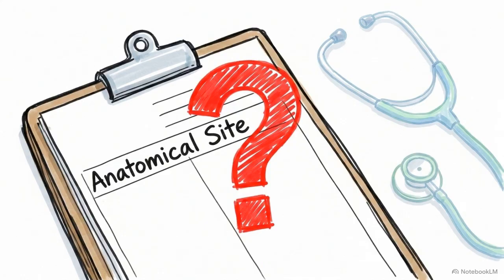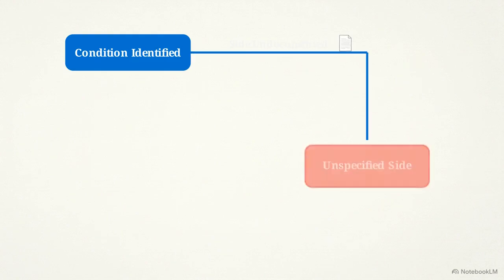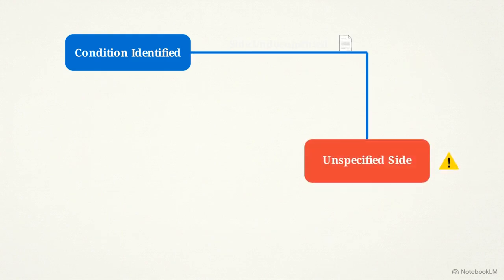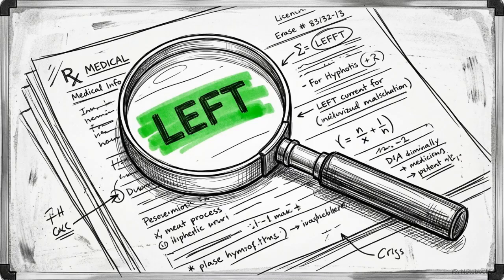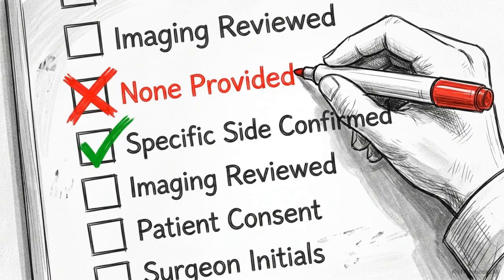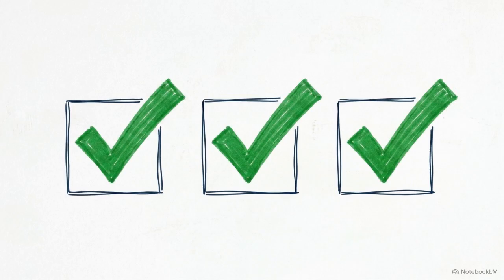The matrix also accounts for the opposite problem. What happens if the physician fails to document the side entirely? Point 3 permits the use of an unspecified side code when the record is silent, but use these with extreme caution. Insurance algorithms flag unspecified codes for review, as they often indicate incomplete documentation. Relying on these codes is often a sign that available clinical data in the record has been overlooked. An effective coder works to avoid the unspecified branch whenever possible. These baseline rules ensure that every initial encounter results in a definitive choice between left, right, or bilateral, removing ambiguity